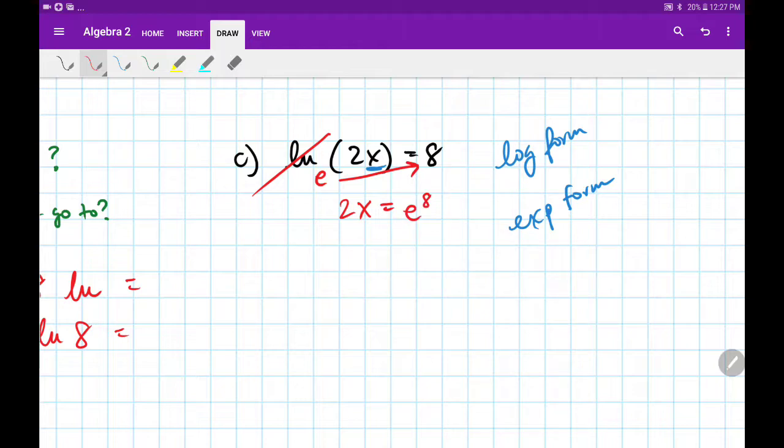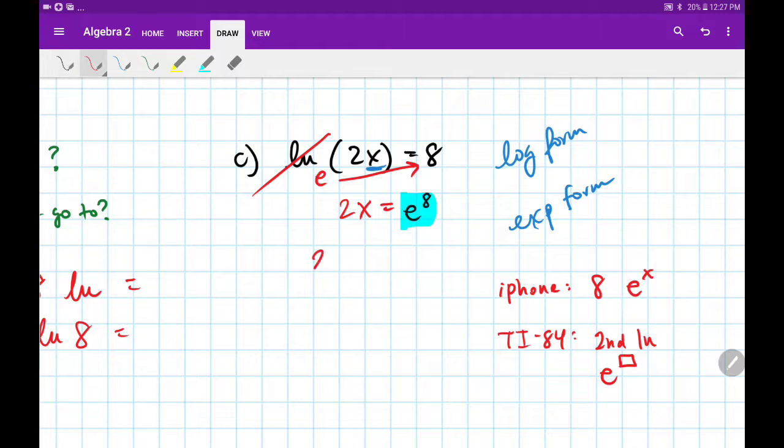So we need to actually figure out what is e to the power of 8. If you're using your iPhone, you're going to hit 8 and then press the e to the x button. If you're using a calculator, like a TI-84, for example, you're going to hit second ln. The second is the blue button at the top, then ln, and you'll see an e to the x button, and then hit 8. Whichever way you do it, you should get